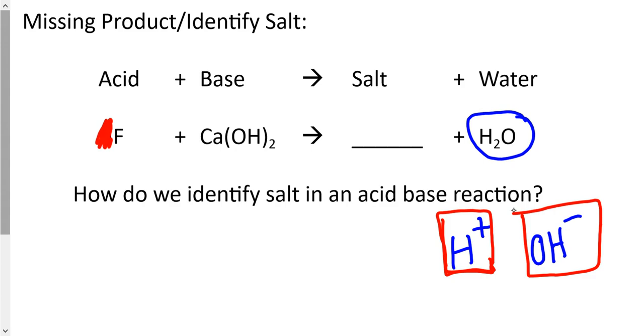According to Arrhenius theory, bases will produce hydroxide ion. So all the hydroxide ions that I'm getting to produce water are actually coming from this base, calcium hydroxide. So that's what I need to produce water. So I'm left with fluorine and calcium,